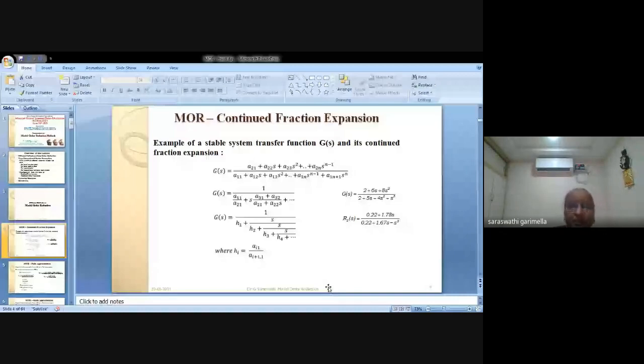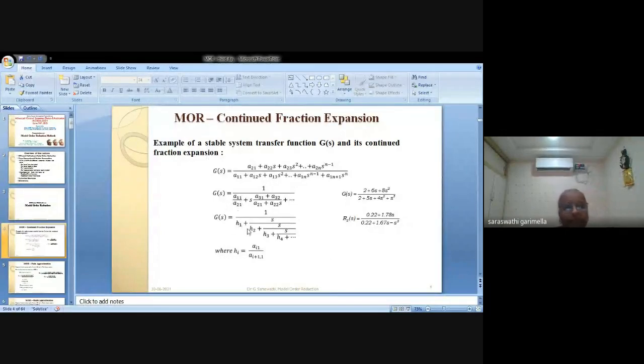Actually that is the steady state error, because when you see the time response of the system, you will find it will settle at one point. That is nothing but a11 by a21. In all frequency response methods, they will consider this ratio. So a11 by a21 or a21 by a11 they'll take, because when you reverse it, you will get a21 by a11 only. So here this ratio is called H1.